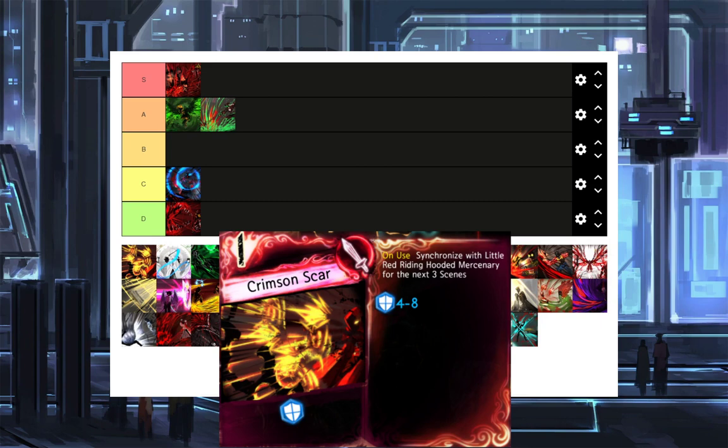Red doesn't have that many good pages. She has good pages, okay, she does have something, but it honestly pales in comparison to the other two, I would say, and synchronization is already pretty weird as is. Like you have to play the page first, and then it happens. Then you're only going to be synchronized for 3 scenes, sorry,